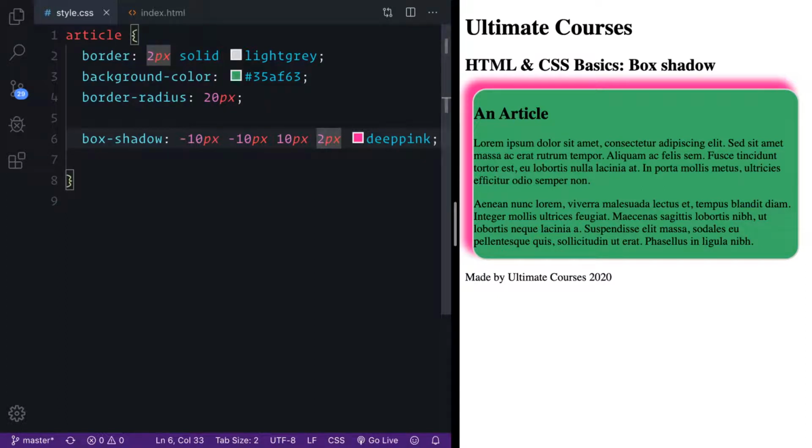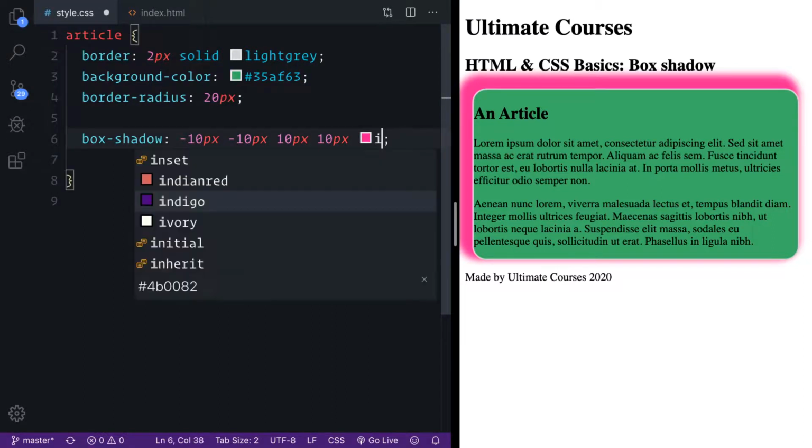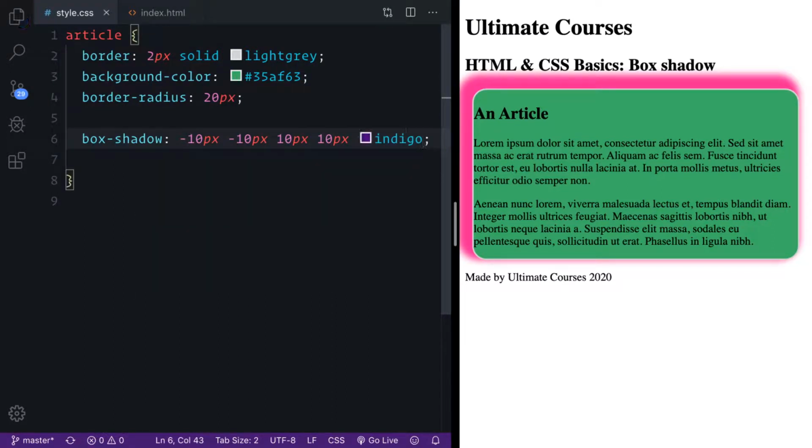And the fourth is what we call spread. This is where the blur starts from, so making this bigger will make the box look more raised. Then we can specify a colour for our shadow. If we want an even blur around the entirety of our box, we just won't add any values to the